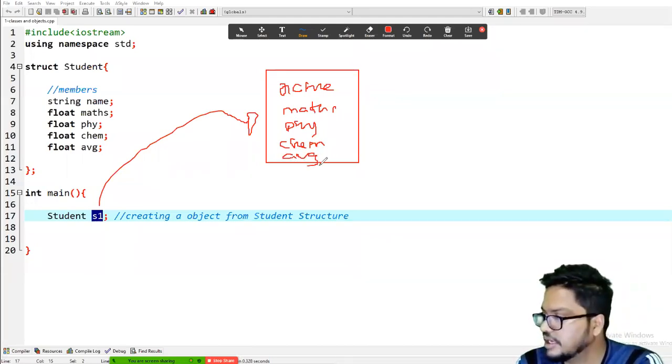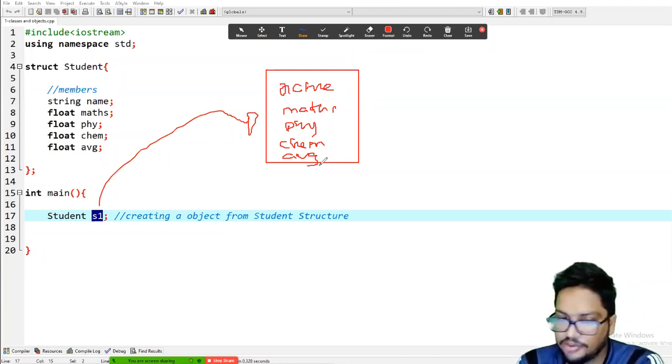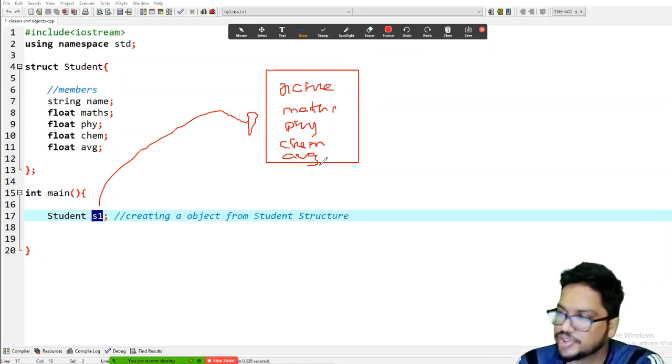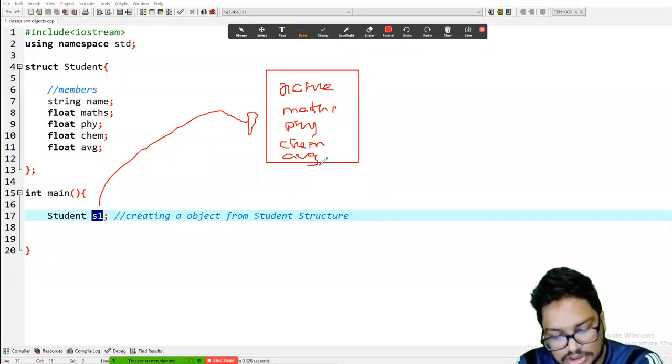So this will contain these things. It's something that you already know. So this is what you call the structure, and this is how you can create an object from the structure.